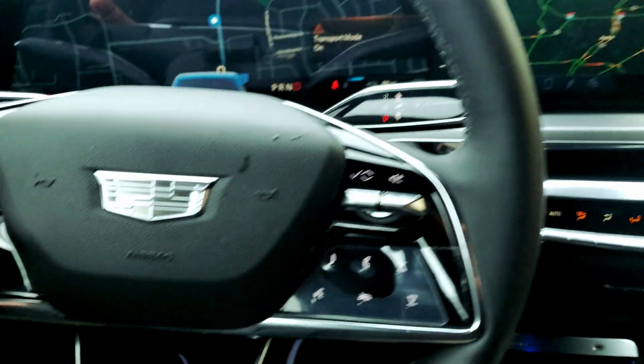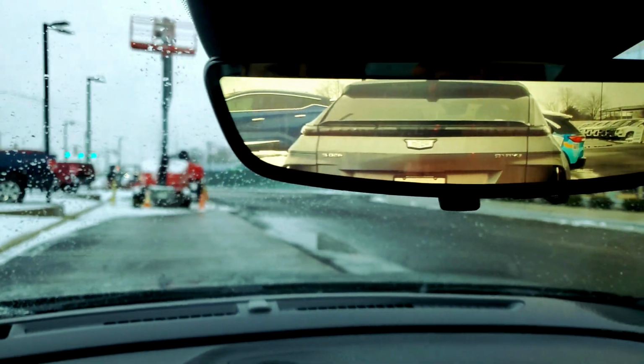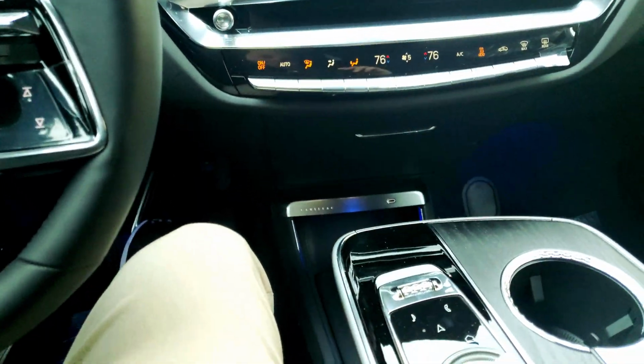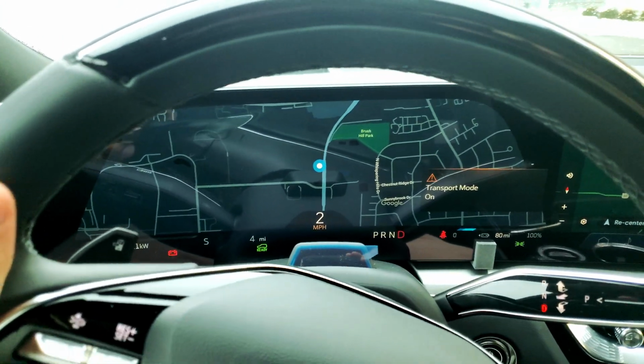Obviously it's an electric vehicle, very silent. They do have what they call the sound of silence, the sound of the sun. So the vehicle is not driven in complete silence. I guess per law they want some kind of tone, so you're in a